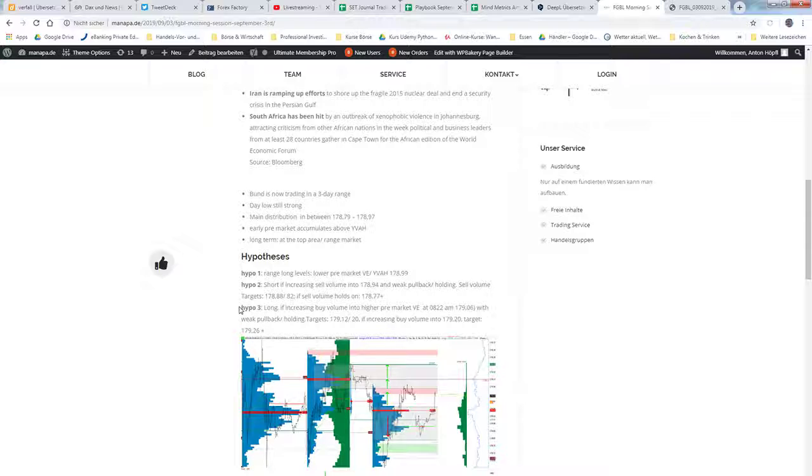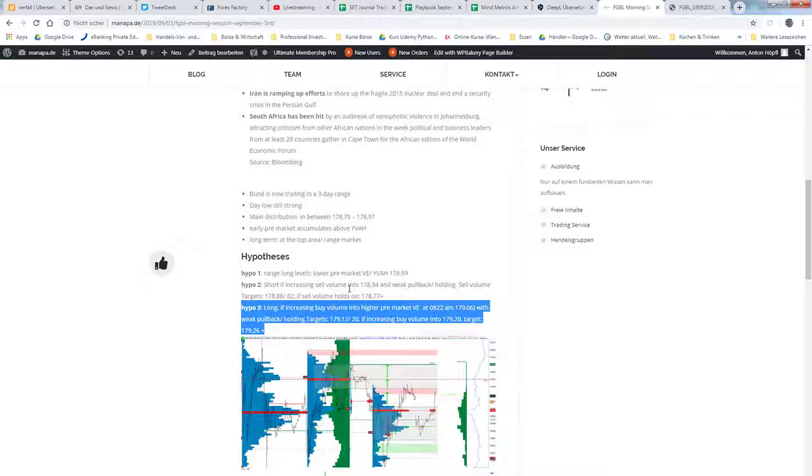We know that this is against the long-term trend, but overall we are in the top area of the long-term range market now for 3 days. So against the long-term trend, but still possible ticks to make here. And hypo 3 is then long if increasing buy volume into the higher pre-market volume edge. This hasn't changed. It was at 8.22 and also later than 8.30, around 8.35, the